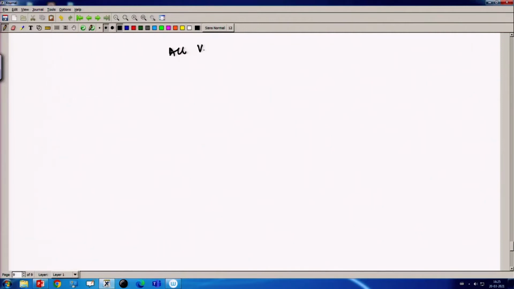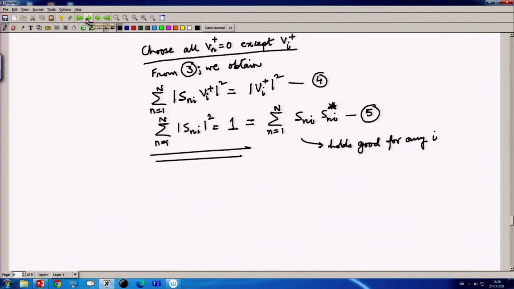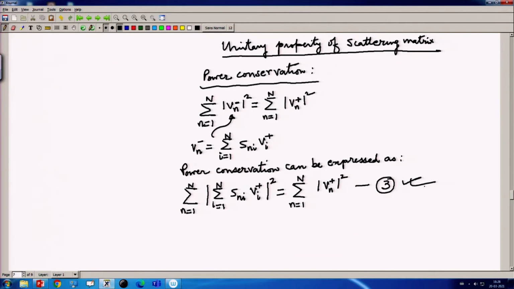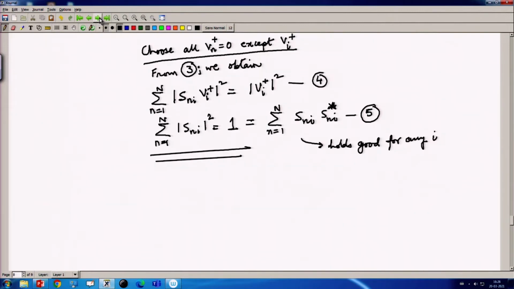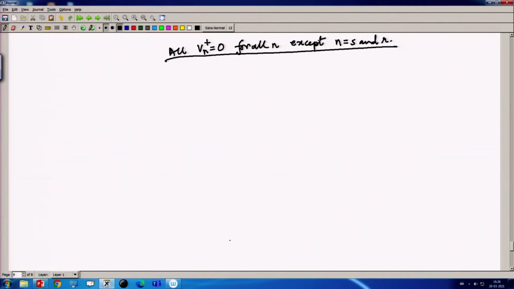So, we write that, so this is chosen. Then if we apply the same relationship 3, which is the general relationship, we can obtain